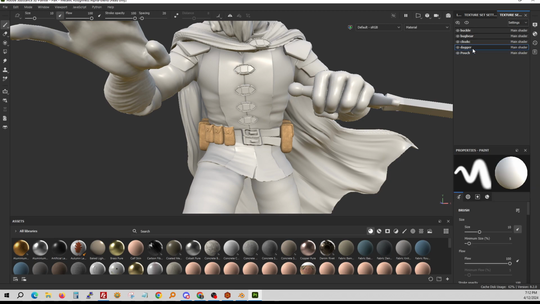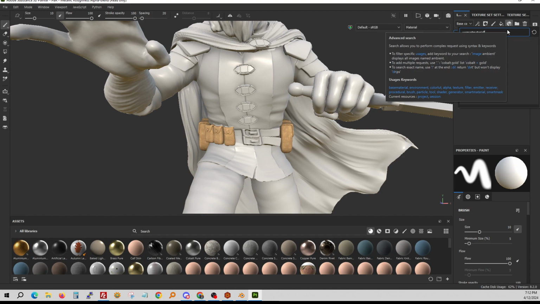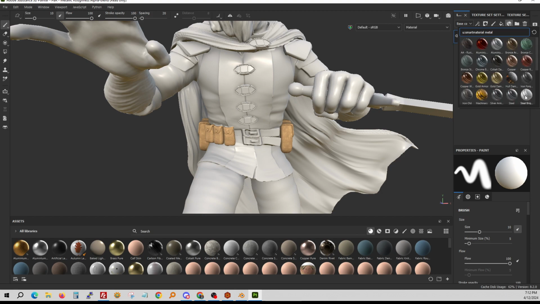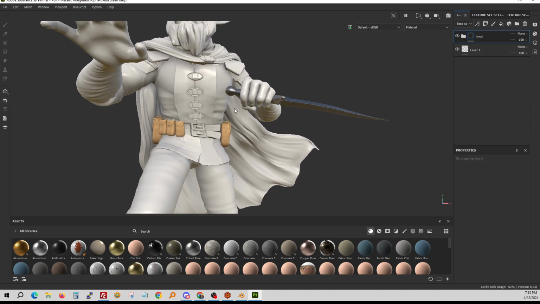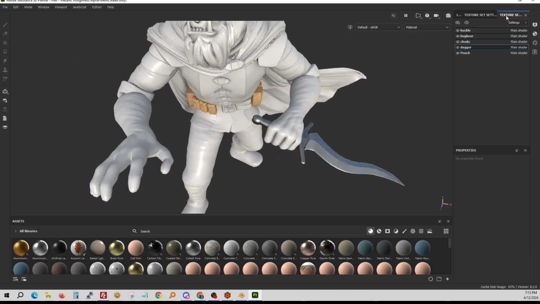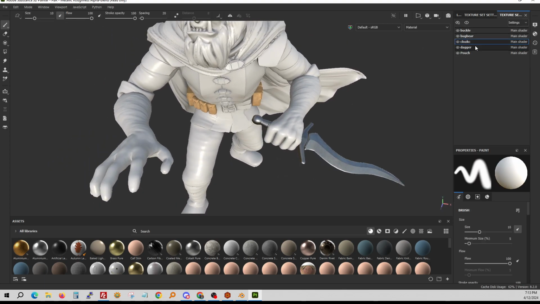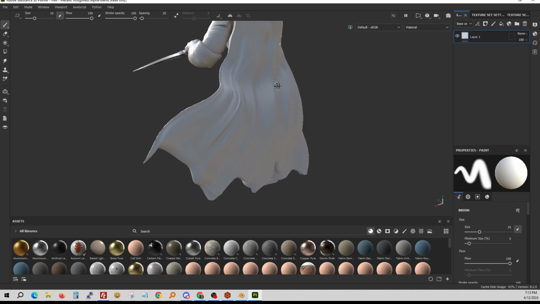I'm going to go up to the dagger. We'll just add a metal just to get a sense of things. I like steel for weapons, and again we'll get the handle and stuff different later, but it's looking pretty good. We'll go up to the cloak, which looks like I spelled funny. For fabrics and stuff,